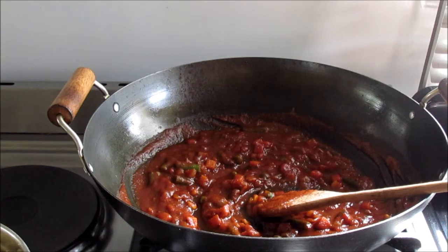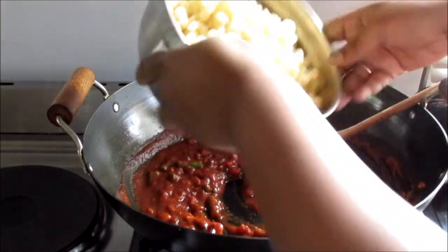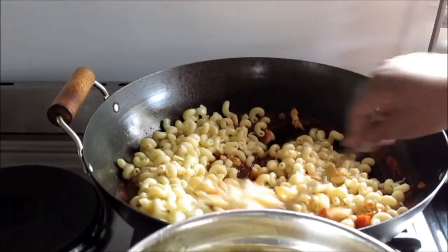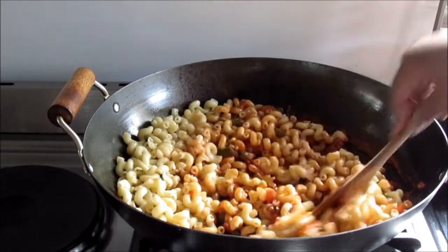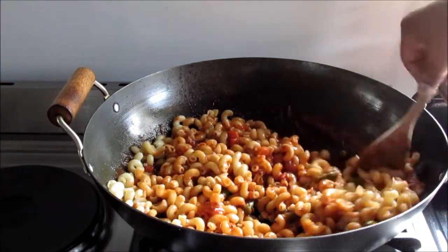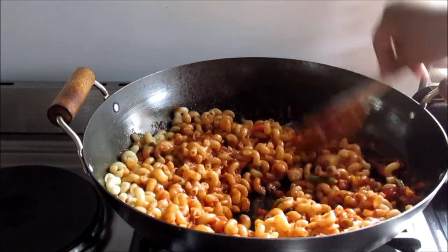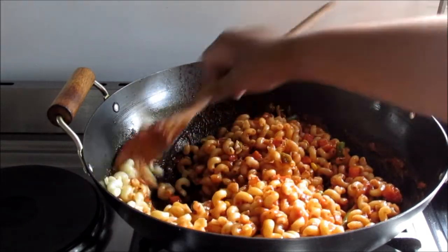So I've let the sauce and the pasta cool down quite a lot. But then I thought I have other stuff to make, so I need to move on. So I am going to be mixing this down, and then I'm going to be taking it out of here and putting it in a container to put in the fridge. Now I did use initially 400 grams of the pasta, the squiggly pasta thingies,